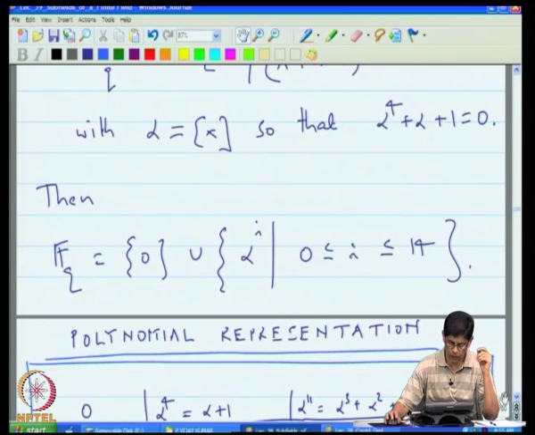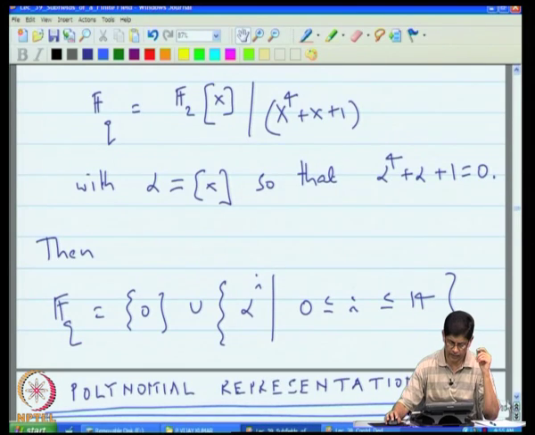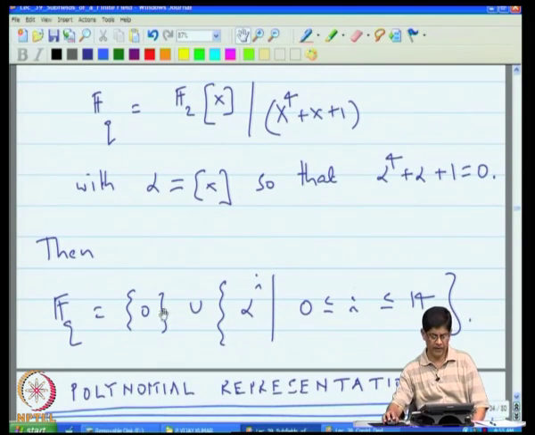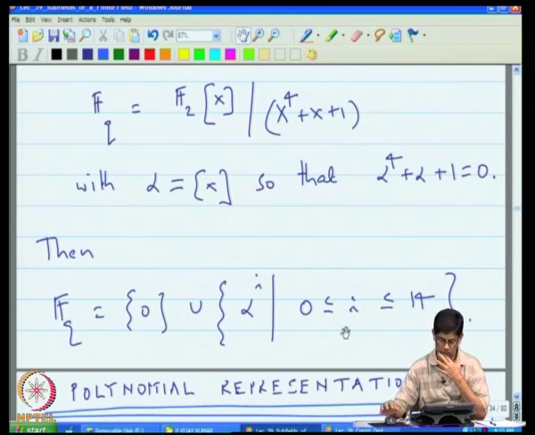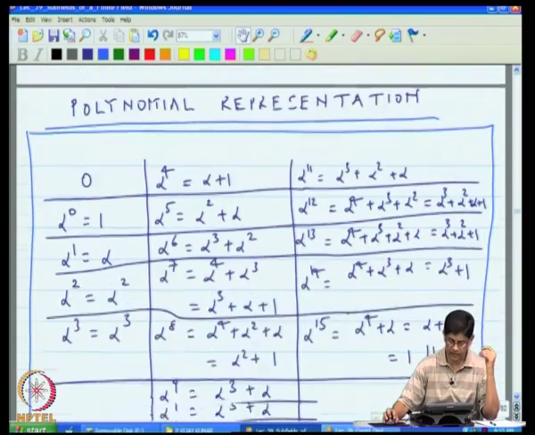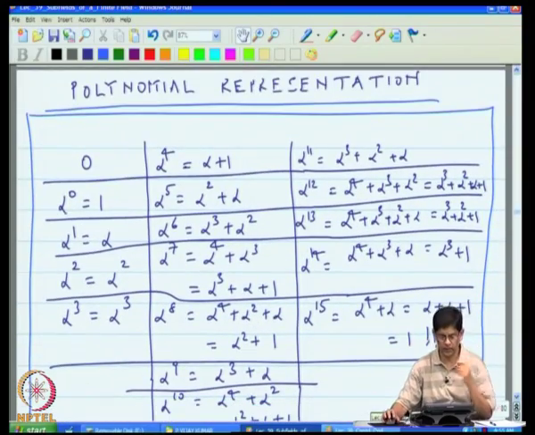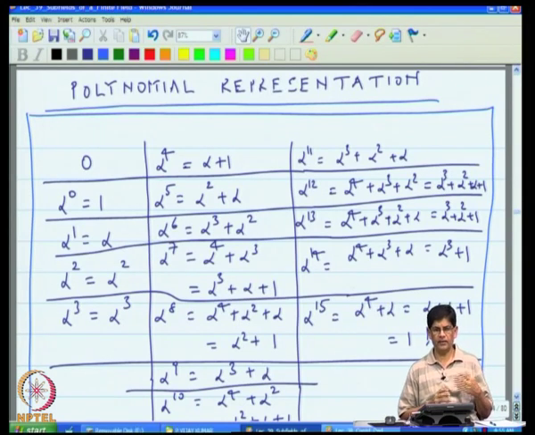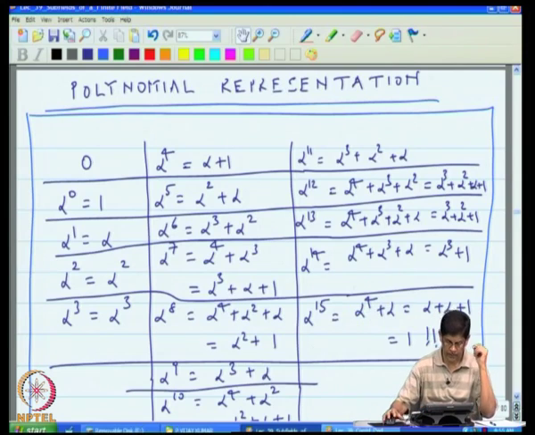We also know that this particular finite field, that alpha is primitive in this field. So, that means all the elements in the finite field either correspond to 0 or else to some power of alpha for i lying between 0 and 14. And some lectures ago we looked at the polynomial representation of this finite field, in which every element in the finite field is expressed as a polynomial in alpha. And you can see that because we know that every element is a power of alpha,